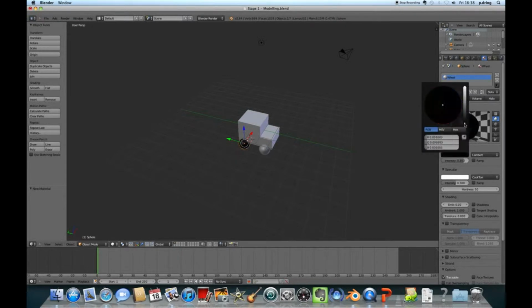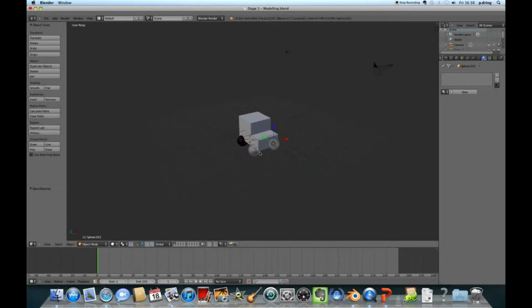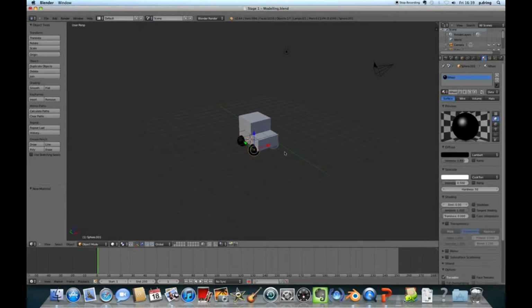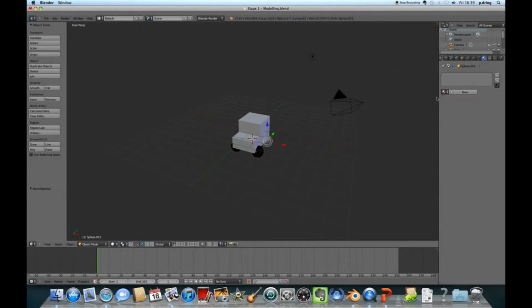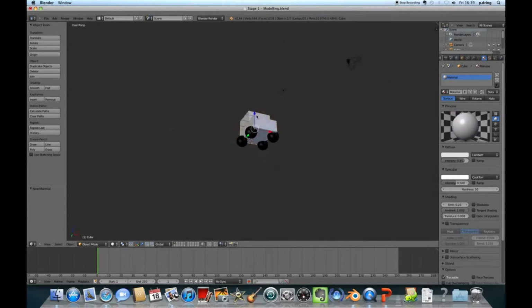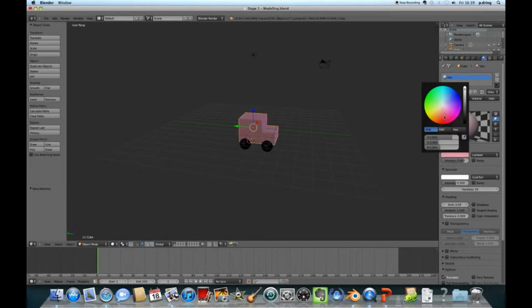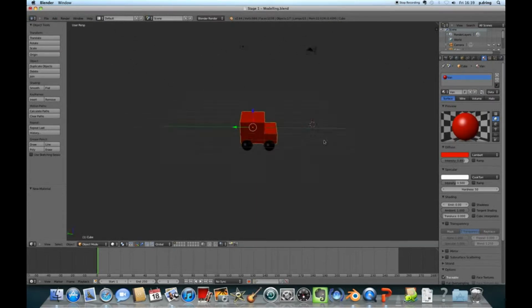If you start from that point, the first thing we're going to do is change the colours of some of the materials. So right click to select, and then on the right hand side panel, click on the materials tab, the one that looks like a radioactive symbol. Click new for a new material. I've selected one of the wheels, so I'm going to call the material wheel. Press enter. You can change the colour of the material. I'm going to make my wheels black,